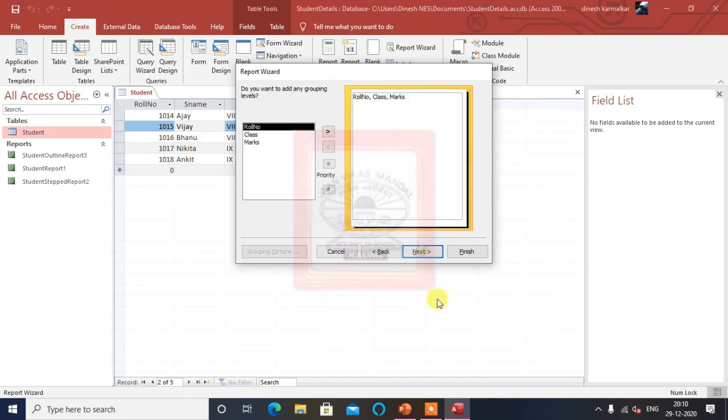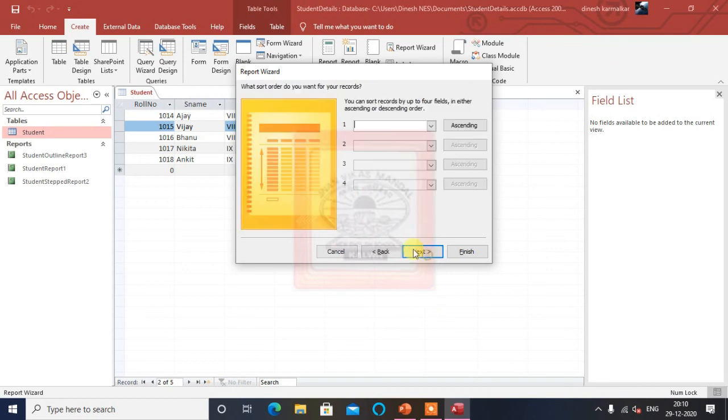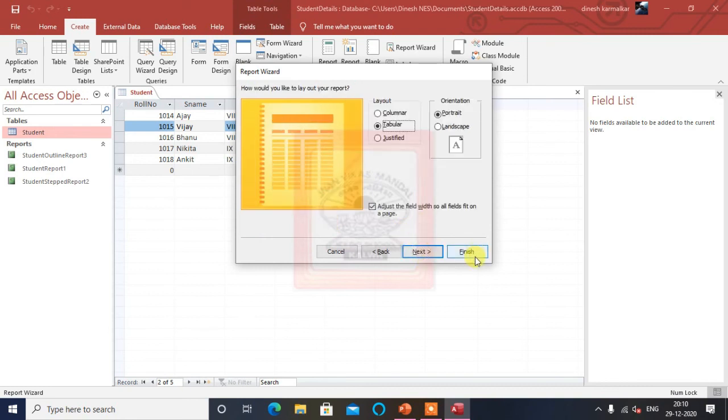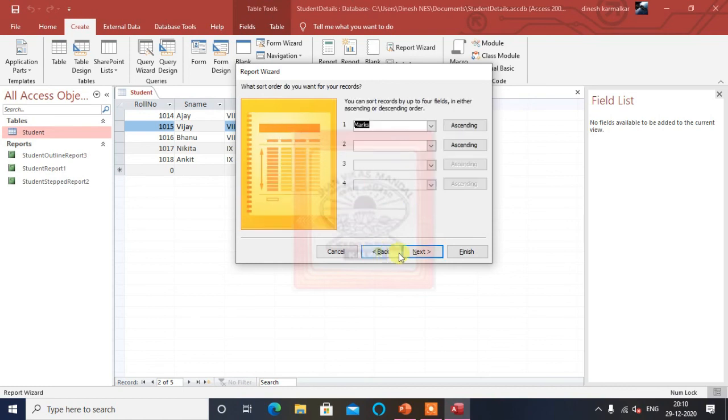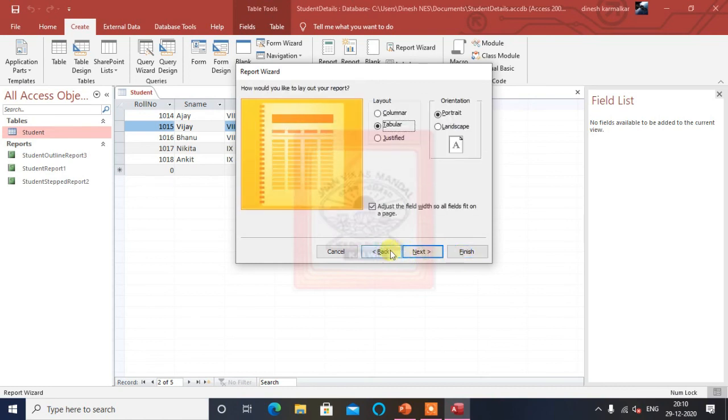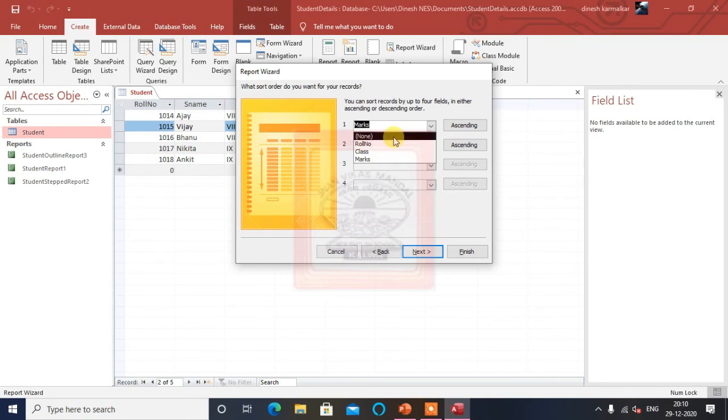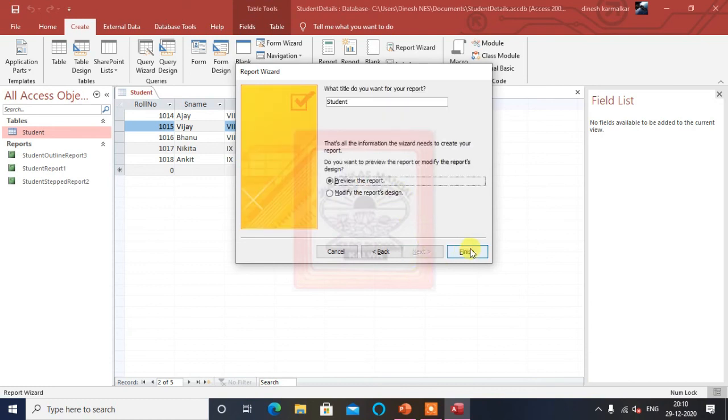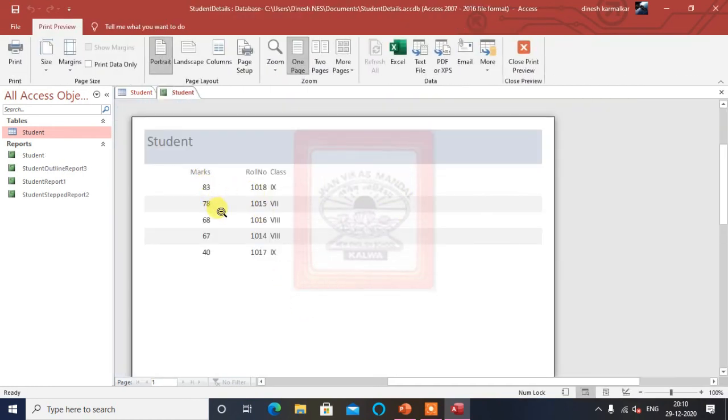We'll do the sorting according to marks now. Next, and according to the marks we will keep it. Because marks is a number, we can easily see ascending here. We'll keep it descending. So I will keep marks as descending. So we are getting the highest marks first.